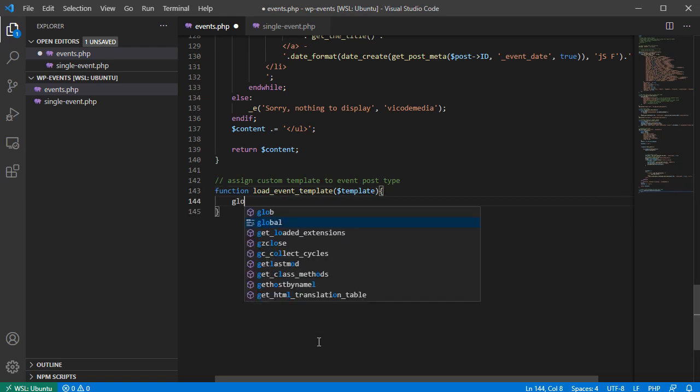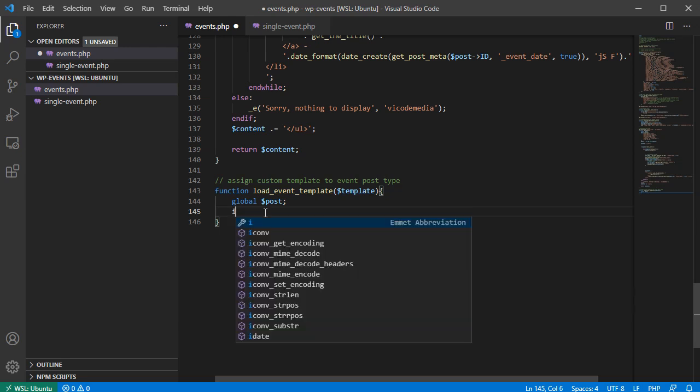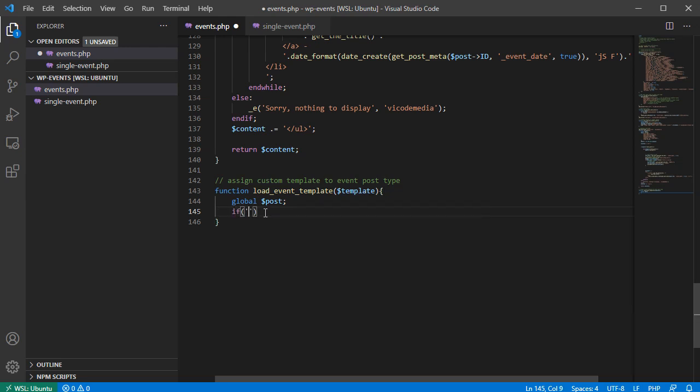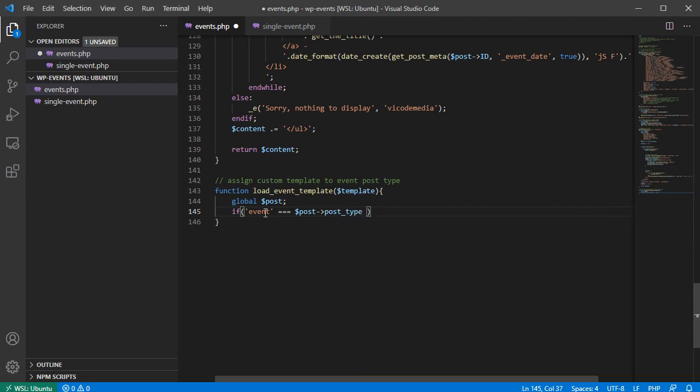So here I'm gonna have a global variable, and I'll grab the post. Okay, grab the post. I'm gonna have an if statement, so I check if event equals post type. So if the current post type is event,